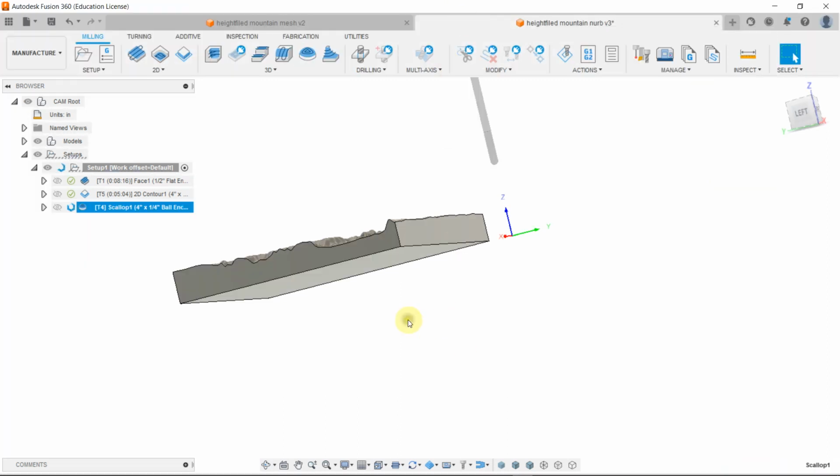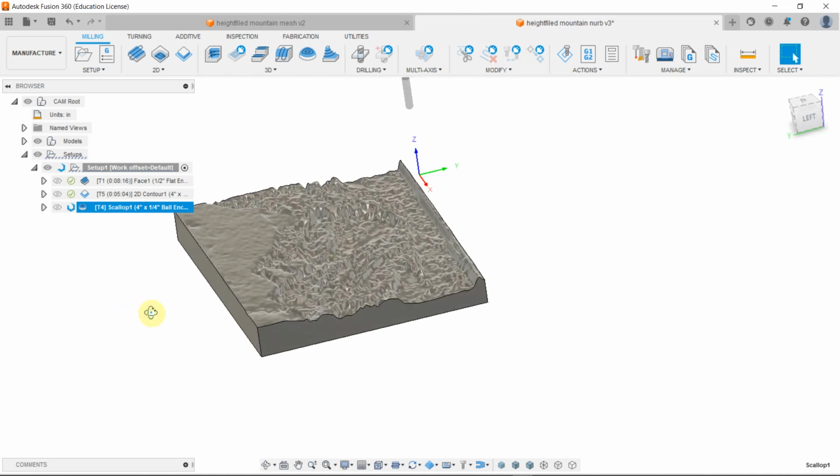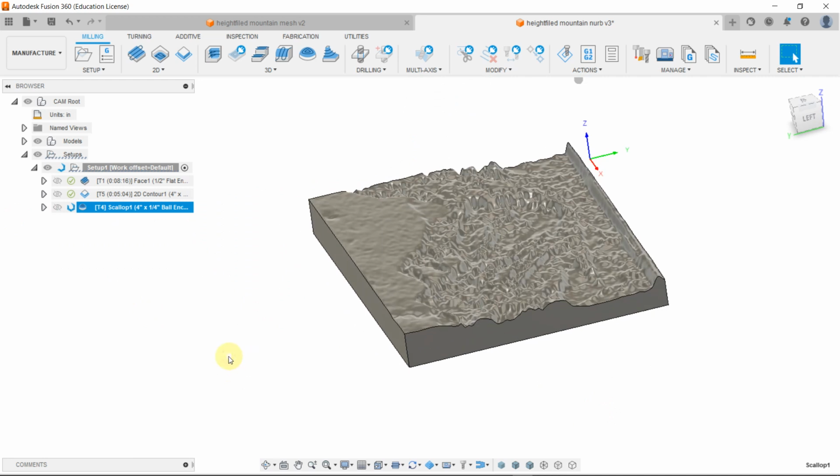There it goes. Usually it doesn't take this long, but